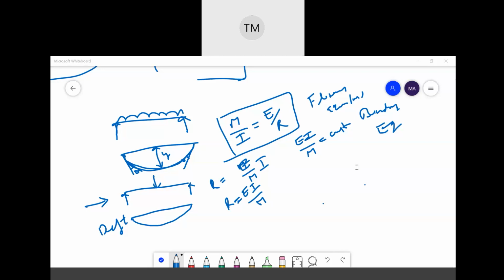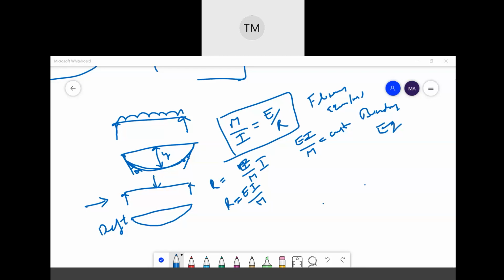Yes, sir. Okay. How this deflection curve is coming means it is coming from a deflection equation. It is coming from a bending equation. Next, when it goes to the slope and deflection of the beam.